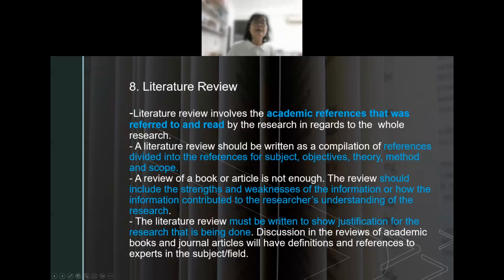Okay, literature review, which is actually reading. You have to read a lot, not things that are in your country only. You have to read everything that's outside. Those of you who are in a country which doesn't have Google or Yahoo or whatever, you have to fly out to do that. You don't want people to say that your research is only based on what is inside your country that is allowed to you. You have to get academic references that have been written by people all over the world, so that at the end, when you get your degree, nobody can vilify and say, alamak, why do you only do something that only your people know how to read and find useful.